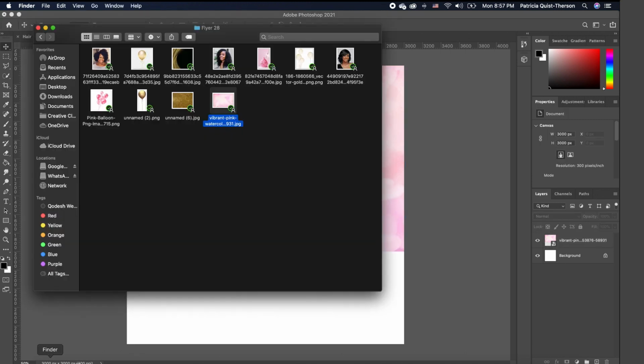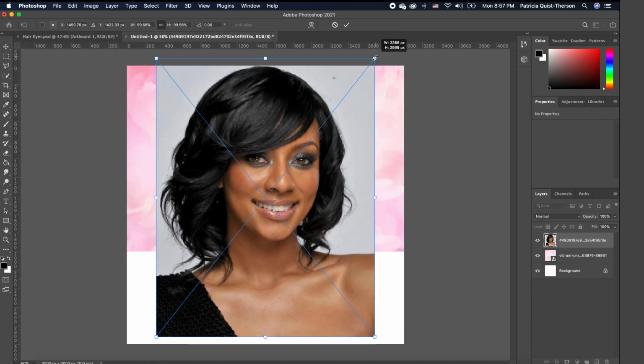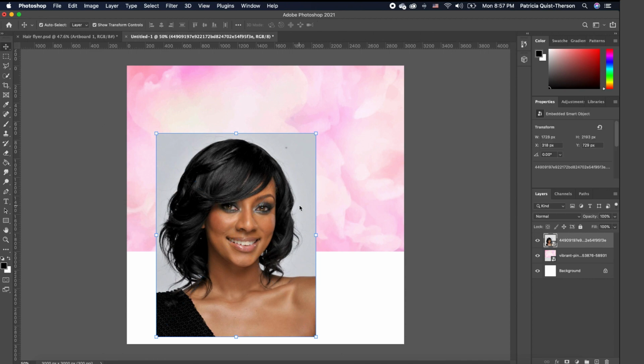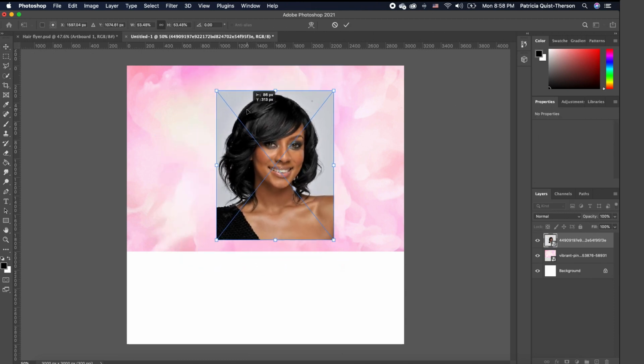I'm going to go to my folder and drag in this subject and scale it down. Now, when you bring in your subject and your transform is not activated, you want to make sure that you have auto check and show transform on. So I'm going to go ahead and scale this down